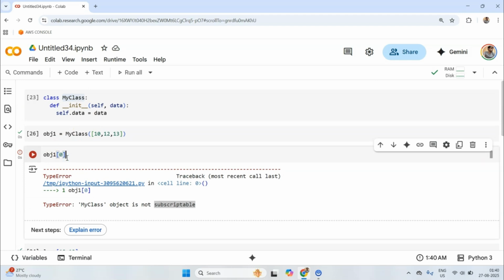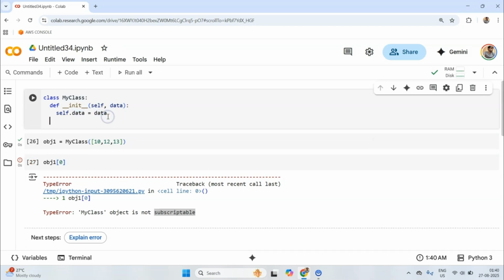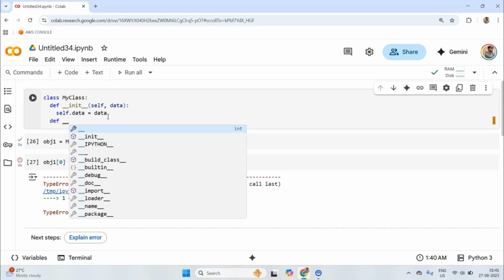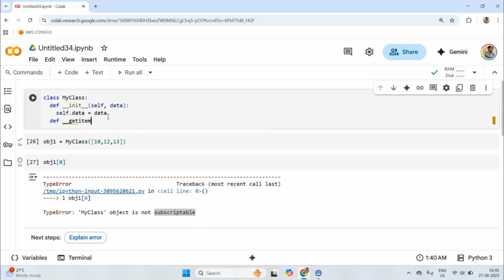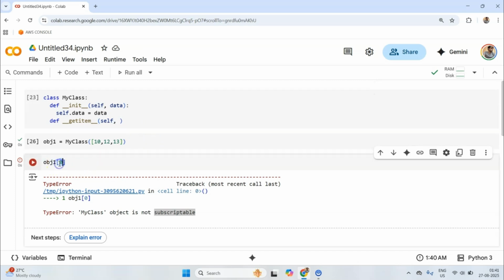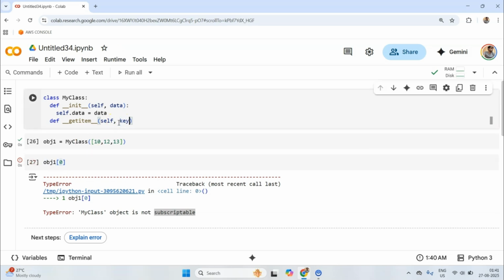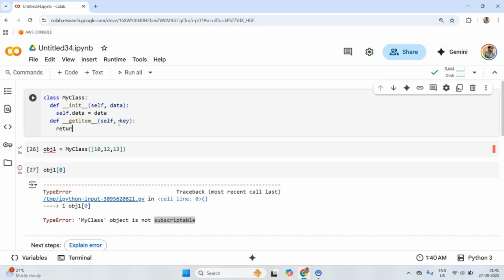So how can we make them subscriptable? To make them subscriptable, we can create a special dunder method. Now what is this dunder method? We write underscore underscore, and we create this method called getitem, and again underscore underscore. The first argument would be the object instance itself, which is self, and the second would be, because when we pass any number in these square brackets, that number will be passed to the argument of this getitem. So we can write something like key. For now, let's return key only. So whenever somebody subscripts the object, it is going to return key only.